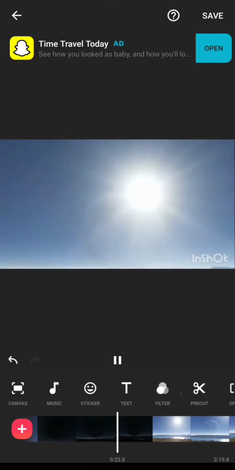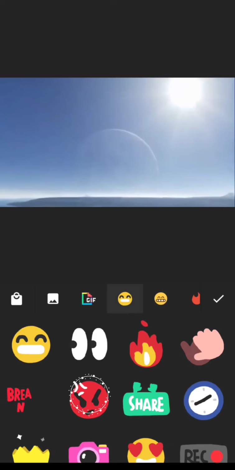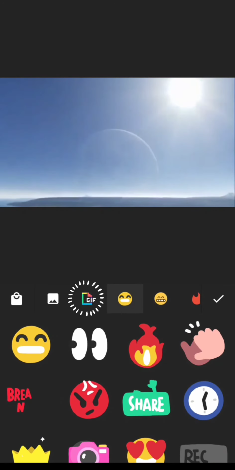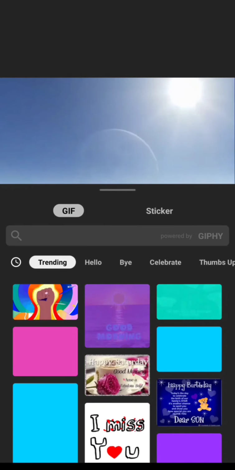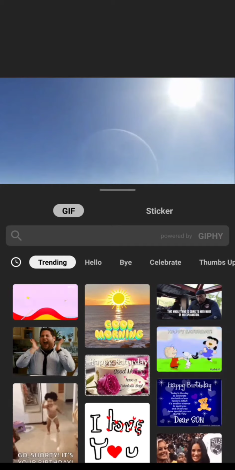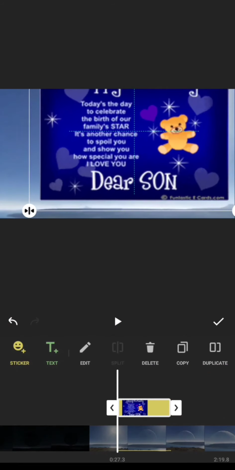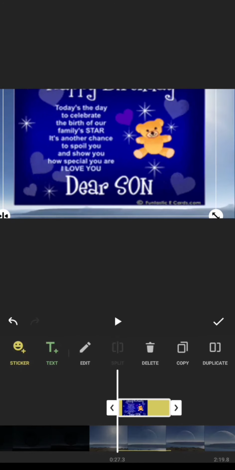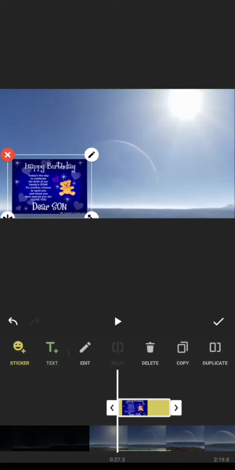Getting back, the third set is all about the stickers. If you are clicking upon the sticker, we are having different stickers already provided over here. Or if I want something from the GIF, GIF files are provided. So many GIF files are there. If I want to select any one, I can easily select that one. If I want full screen, I can arrange according to that. If I don't want full screen, I can arrange according to any side. If I want to keep that one, I can keep it over there.